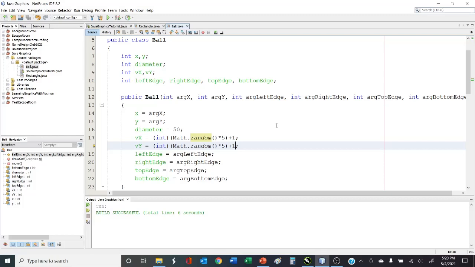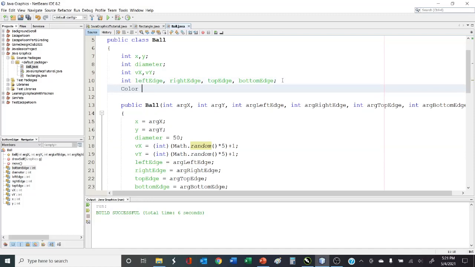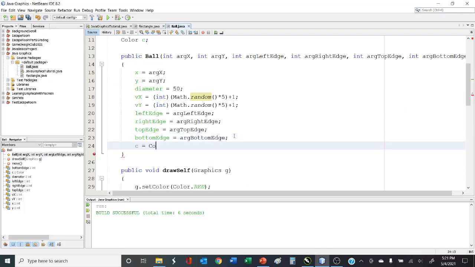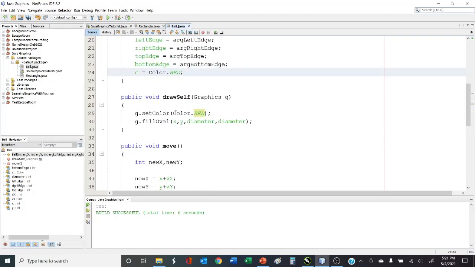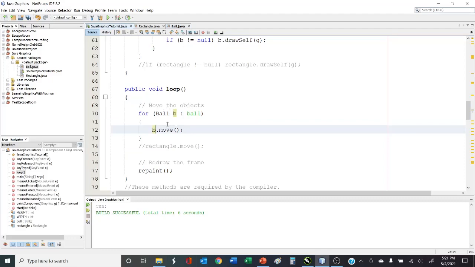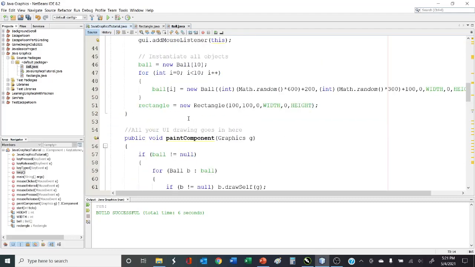Well, if we're going to do that, we have to allow the ball to have its color changed. So we're going to create a variable in here, and we'll call it C, and that'll be the color of the ball. We'll initialize that value to red, because that's what we initially said the balls were going to be. And then instead of drawing a ball always in red, we'll draw it in this variable, which is red for now. But what we're going to do is in our driver, we're going to change the color of